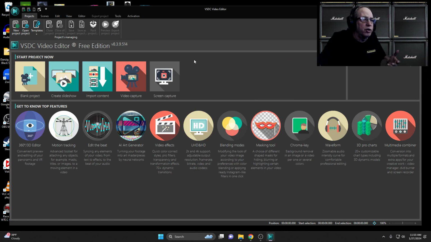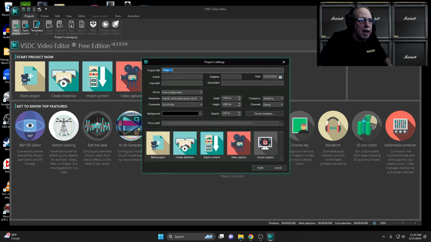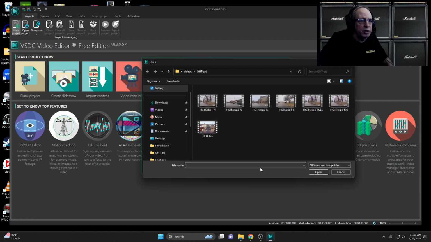Matter of fact, you could have used new project, but you don't have to. New project is up here in this corner, right below the logo, the project managing menu. Just hit new project. I don't know exactly what this is. It tells you what resolution, and because I saved it in as high a resolution as I could, it wants to set it at 1920 by 1080. So that's okay. You just hit finish, because when you pull the file in, it'll change that to whatever file